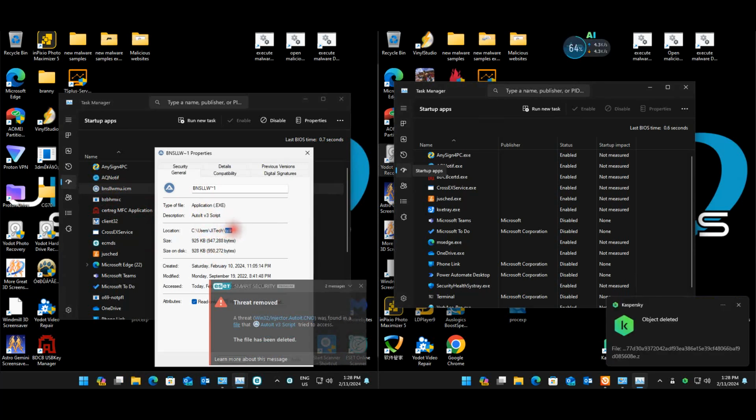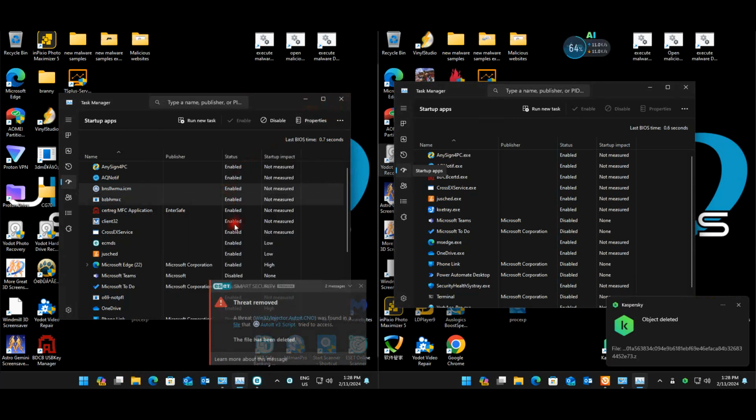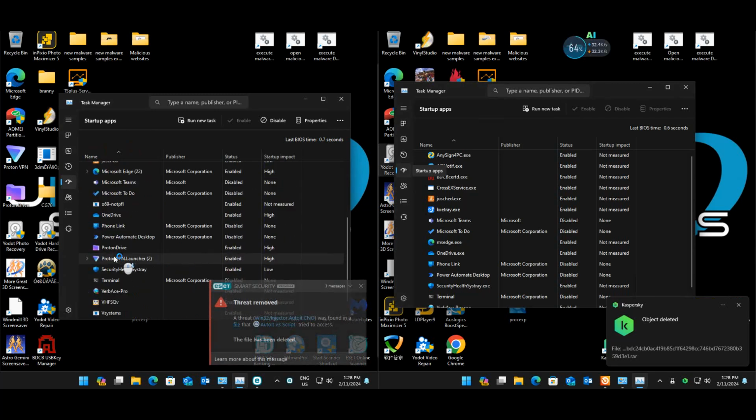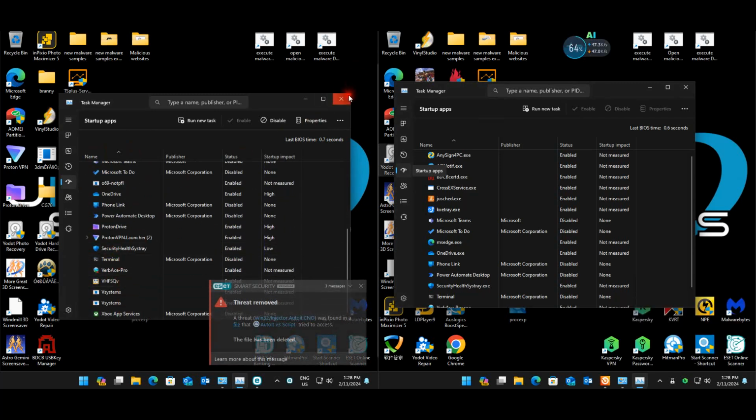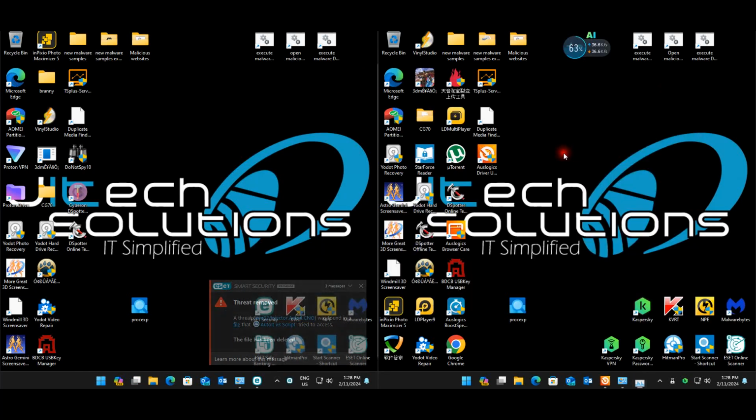So I don't know AutoIT that well. I know it's been used for quite a couple of things, but I don't think that is the correct location where it should be. So it could be a modified AutoIT, and now it's just trying to run or trying to infect the machine, and ESET is now just stopping the infections from happening. But yeah, we have a couple of startup items. On Kaspersky we also have a couple of startup items, but it looks a little bit better than on the